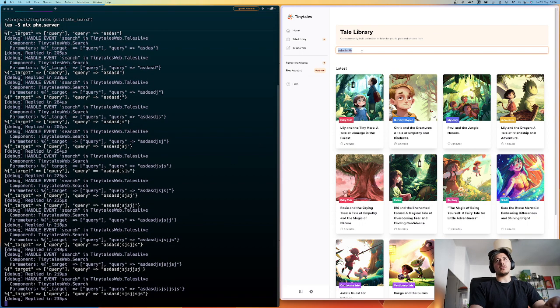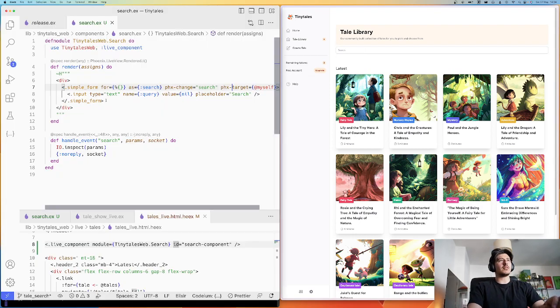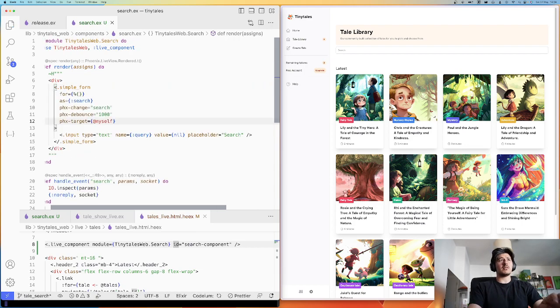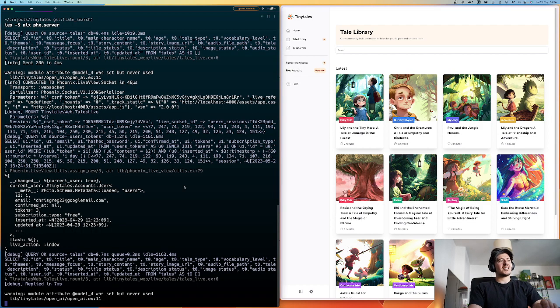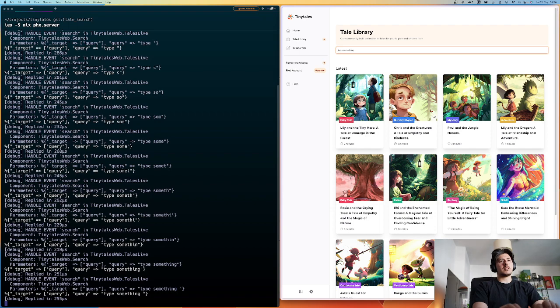But one thing I don't want is to be doing a search in my database every time I press a single key. Anyone types a single event, right? So what we can do is we can do phx-debounce, and yeah, let's do 1,000. Thank you, AI. Scary. And now if I type something,